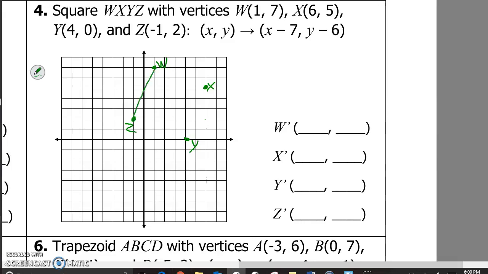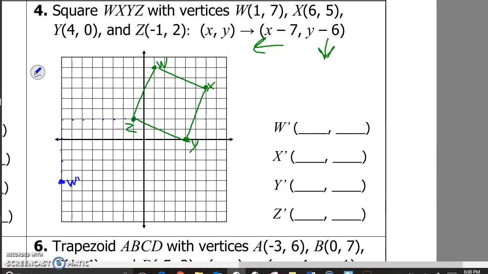Okay, so the translation is we're going backwards 7 and down 6. So we take our square, each point, we go backwards 1, 2, 3, 4, 5, 6, 7, and down 1, 2, 3, 4, 5, 6. So that leaves us with